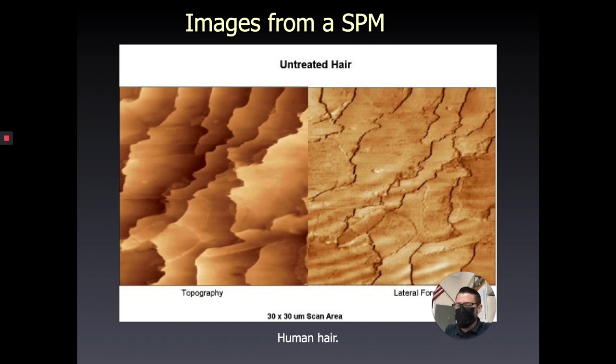So this is a picture of human hair. A lot of us think that our hair is just one solid strand, like a piece of fishing line or something, but it's not. Our hair is actually made of tiny little scales. In fact, the way our hair is built, it's built out of a material called chitin, which is very similar to what your fingernails are made out of. Basically, your hair is like little scales of fingernail material kind of latched together. So if you have really long hair and you start to get split ends, that's because the scales are starting